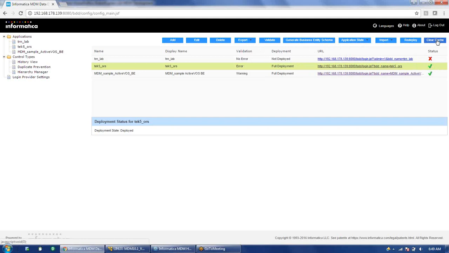Clear cache is basically used to clear the IDD cache on the server, and redeploy is basically used to redeploy the changes that you have done onto the server. So usually we use this clear cache and then redeploy, because sometimes it might happen that you did a redeploy but the cache on the server is not getting updated.